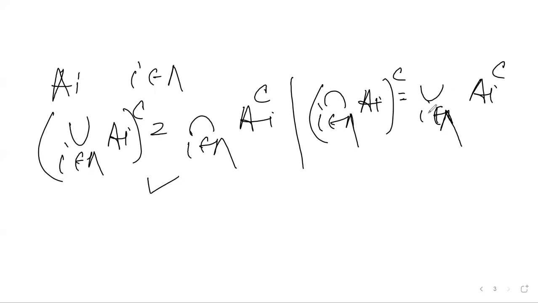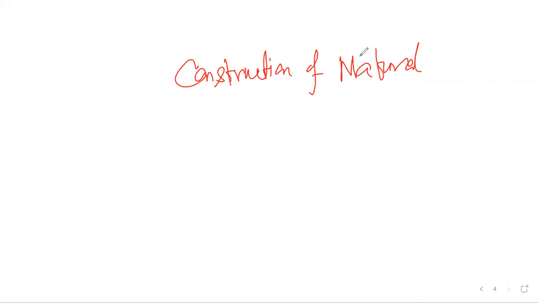Okay. Now, the basic set theory part is now completed. So now we are going to see the construction of a few infinite sets. The first infinite set that comes to our mind is natural number. So we will first see the construction of natural number. Let's see that. Construction of natural number. Sorry, let me write properly.